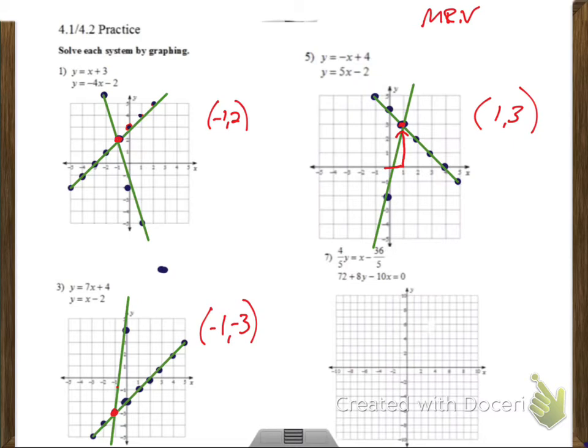Then number 7. 7 looks a little tricky because it's got a fraction in there. First off, we need to realize we've got to get y all by itself, so I'm going to have to divide by 4/5. So 4/5 is 0.8 if you want to do it in decimals. So if I divided that, it would be y is equal to 0.8x